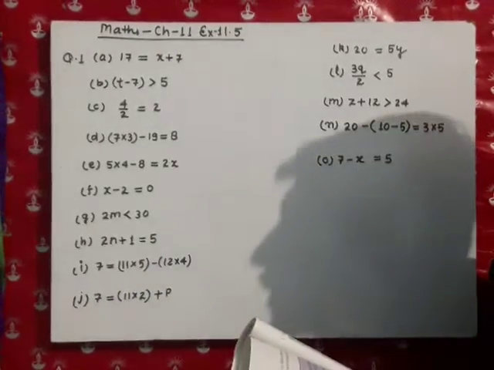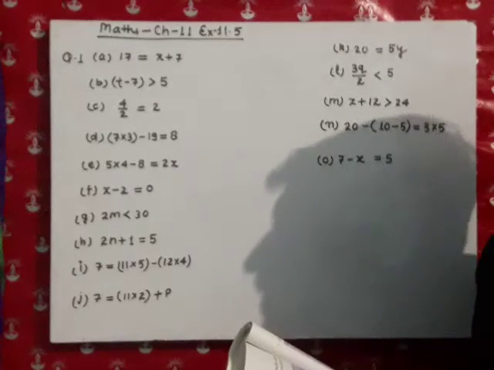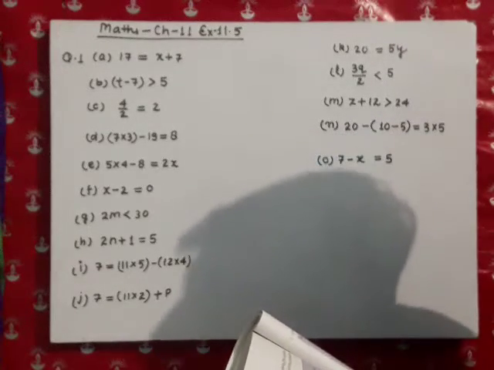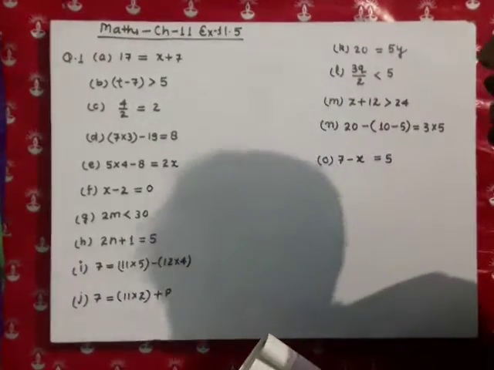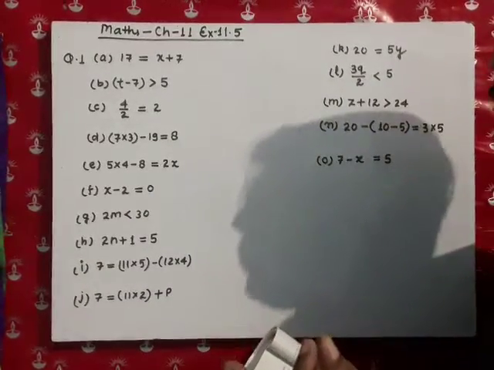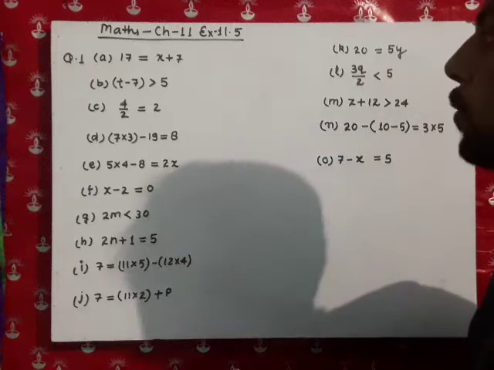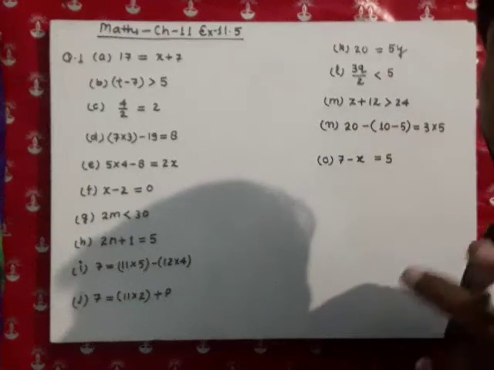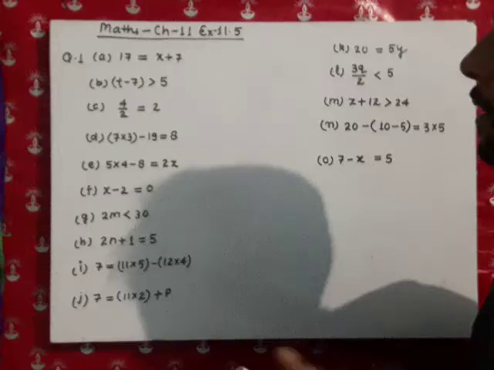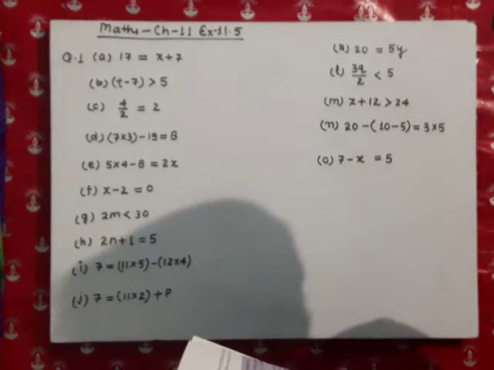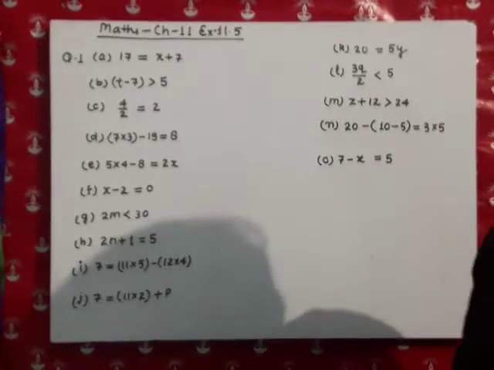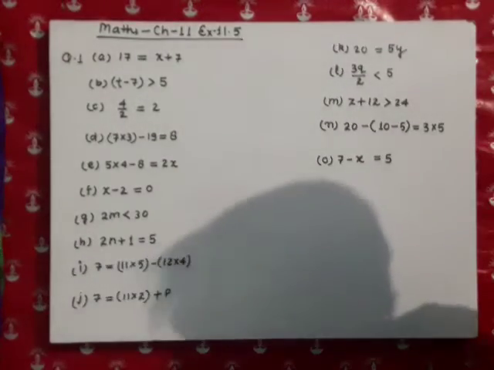First of all I would like to tell you how to find out which one is an equation. We know what polynomials are. Whenever polynomials are written and there is an equal sign between them, they are known as equations. Suppose we go to the first equation. Here the part A, the first equation is written on the board.